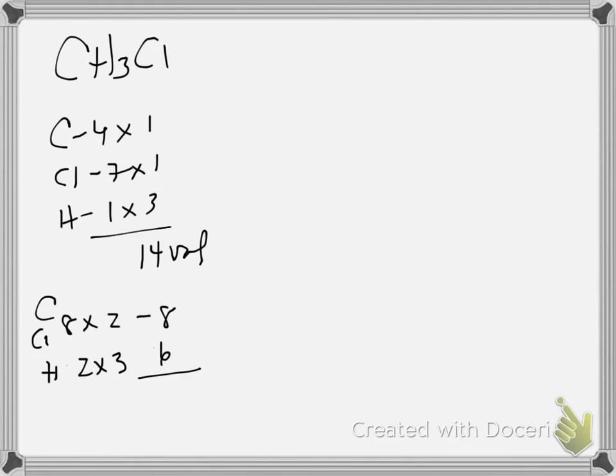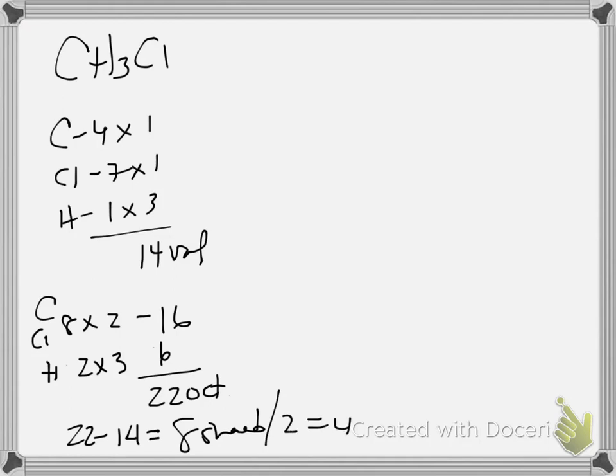Wait, 16 and 6. Let's try that, shall we? 16 and 6. So we have 22 octet. 22 minus 14 is 8. 8 shared divided by 2, 4 bonds. If they're sharing 8 and they have 14, they have 6